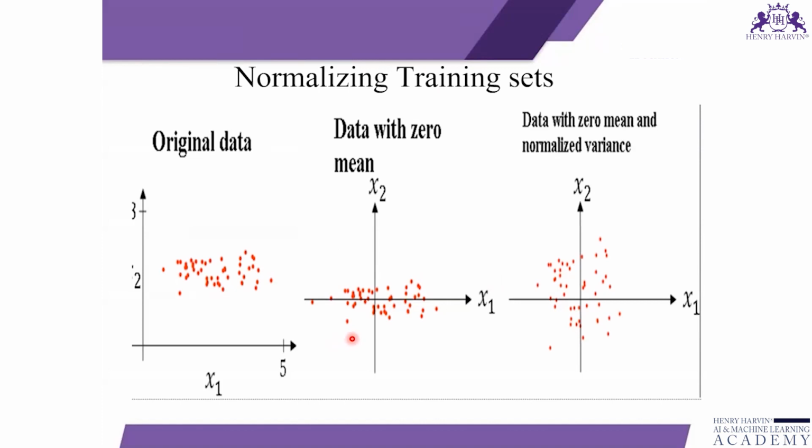Intuitively, let's say this is the actual data with x1 and x2. You can see that the scales of both these values are different. There is a small change in the value of x2, however there is a huge change in the value of x1. Imagine these were on different scales, say this value is 1, 2 and 3, and these values are like 100, 200.